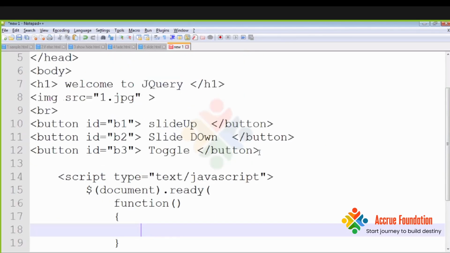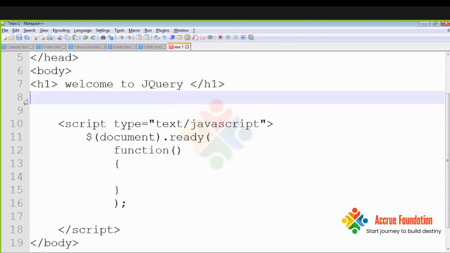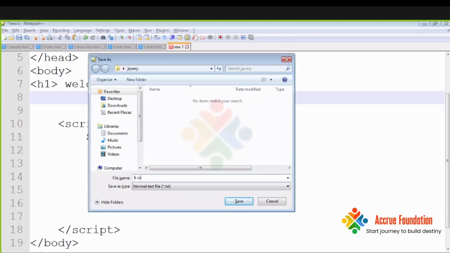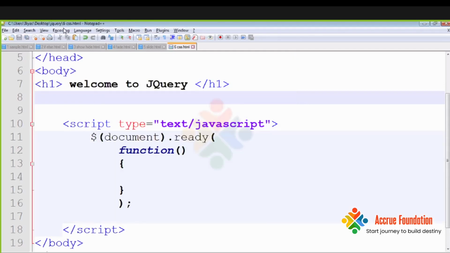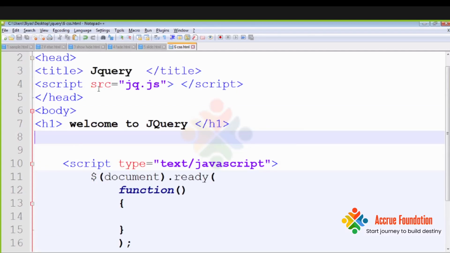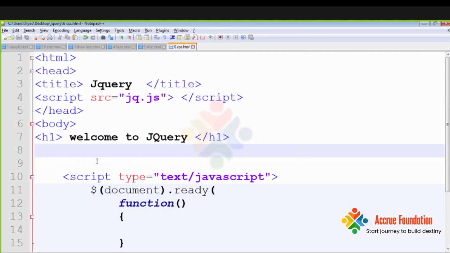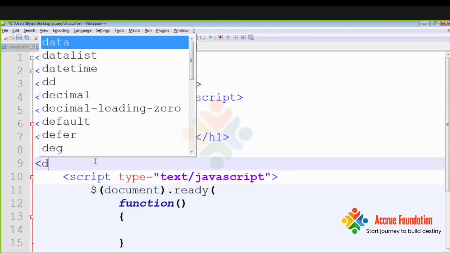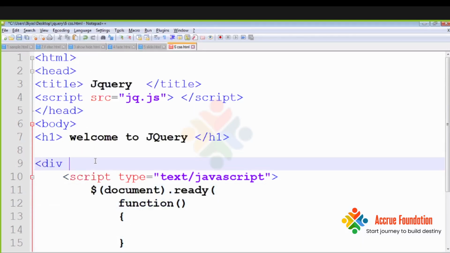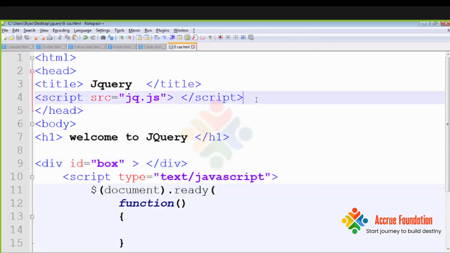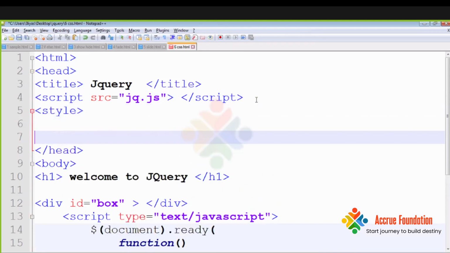I'll show you one example of how you can implement CSS here. Let's remove everything and save this file as css.html. Here I'll take a division, and give it an ID. You can use a class or an ID; let's go with the ID. I'll close this division and apply some style, so I'm using the style tag.